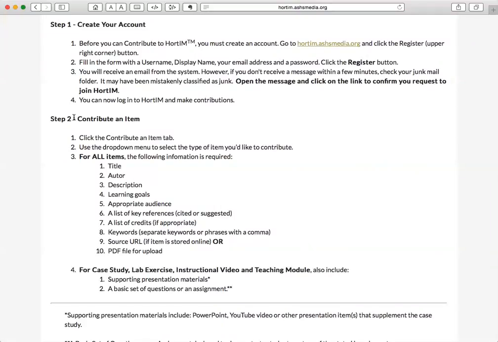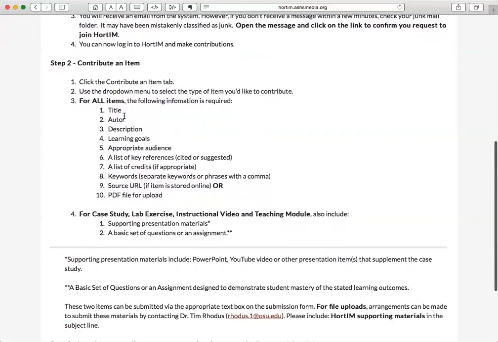So to contribute an item, there will be common requirements in terms of title. What is the title of your piece? The author, description, learning goals associated with that, appropriate audiences, key references, cited or suggested. They may not have been part of the original publication. A list of credits, keywords, source URL if the item is available online, and a PDF file for upload if